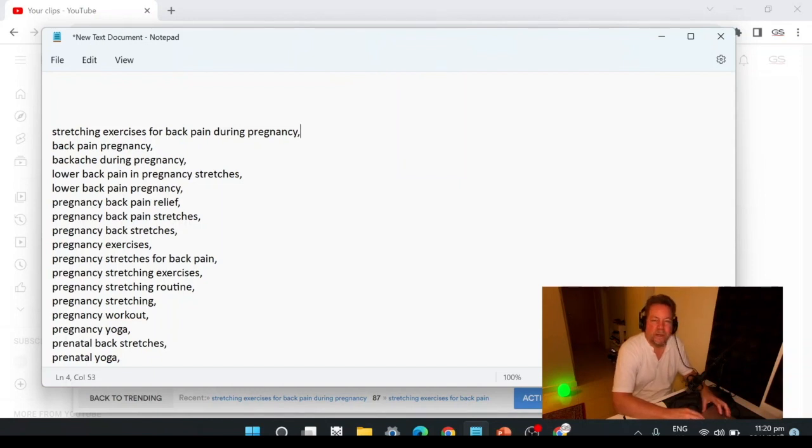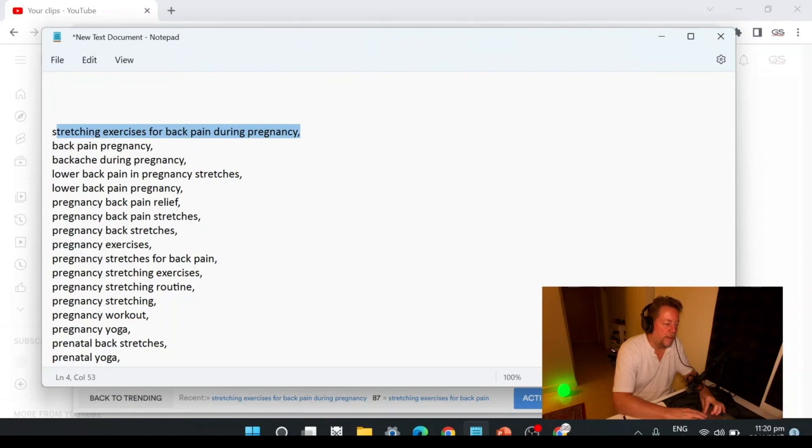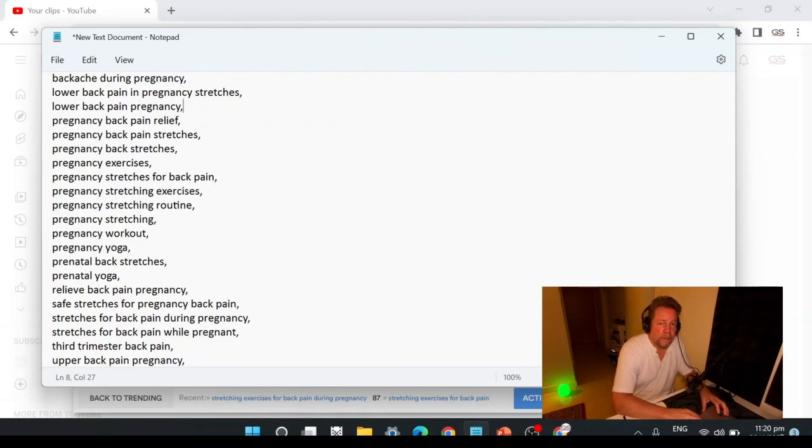But we have 100 characters in the title, and we can have a shorter phrase, but this is the primary phrase. Okay, so that's going to be your primary phrase, but you want some other information because it's good for the algorithm. It's good for the SEO. So let's take a shorter one. Pregnancy stretching routine. Let's do pregnancy stretching exercises. Okay, so I'm going to say the second half of my title would be pregnancy stretching exercises, but I want